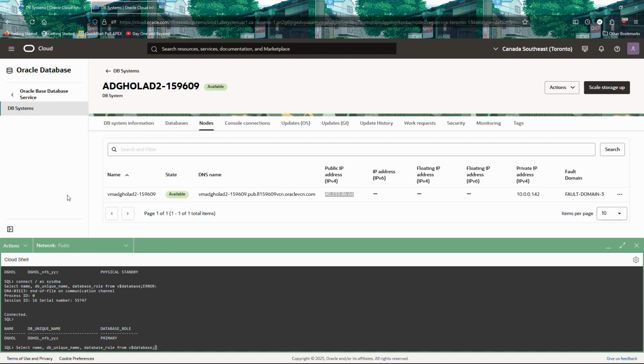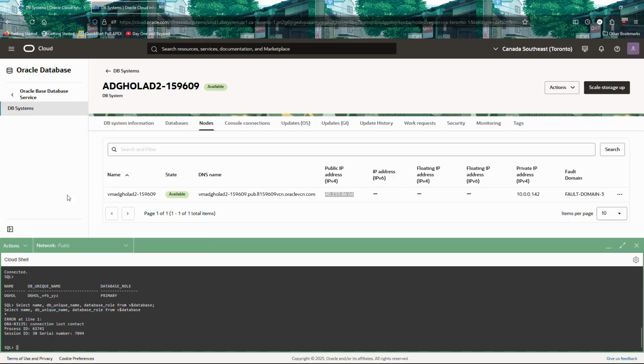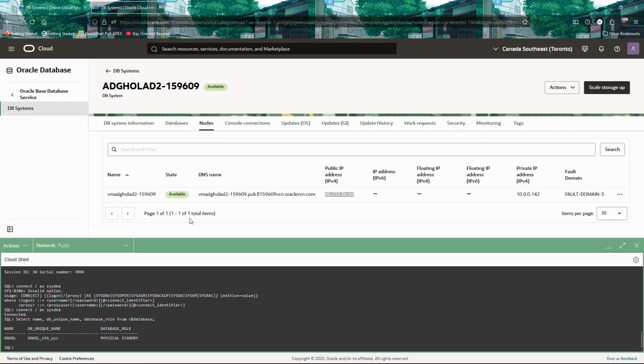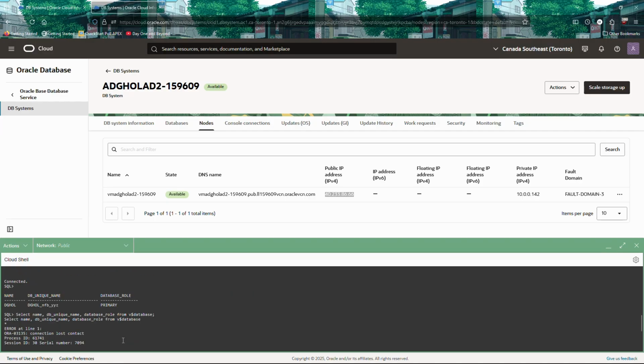If I run it again here, need to reconnect. We can see that this is now the physical standby. Previously, it had the primary role. That concludes lab 3, so we're going to go ahead and jump into lab 4 that allows us to enable